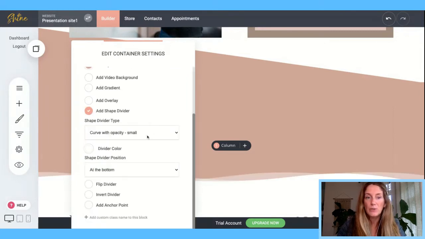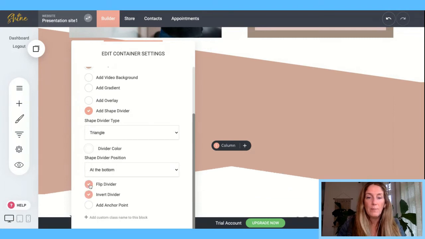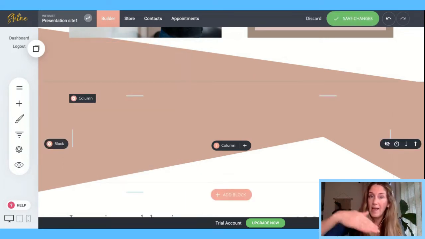And here's where I can choose from a number of different types of shape dividers. So I can have a triangle, and then here's where I can choose to invert my divider or flip the divider. Actually, this one, there's no way to flip it, but other ones you can. I can flip this one so it's over here. And then you can have your dividers be at the bottom or the top of that block. So if you want to have an effect where you have a shape divider at the top and the bottom,